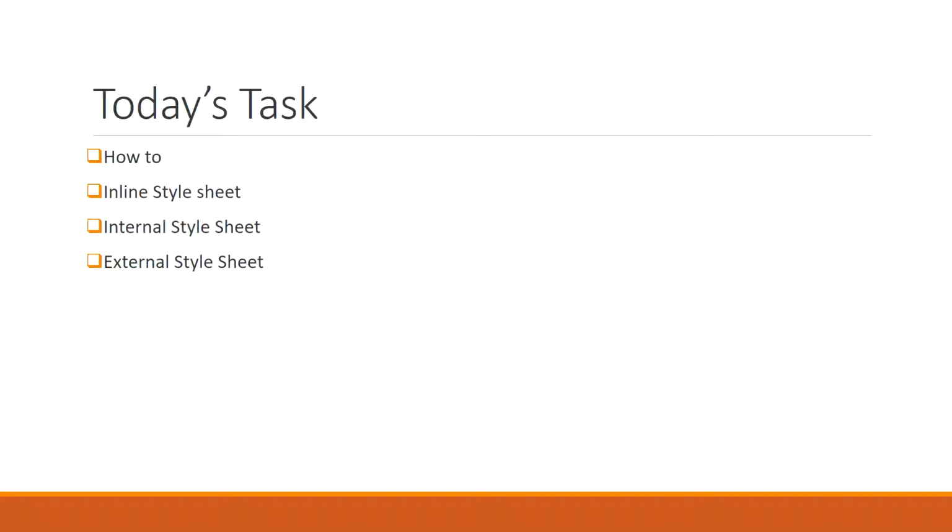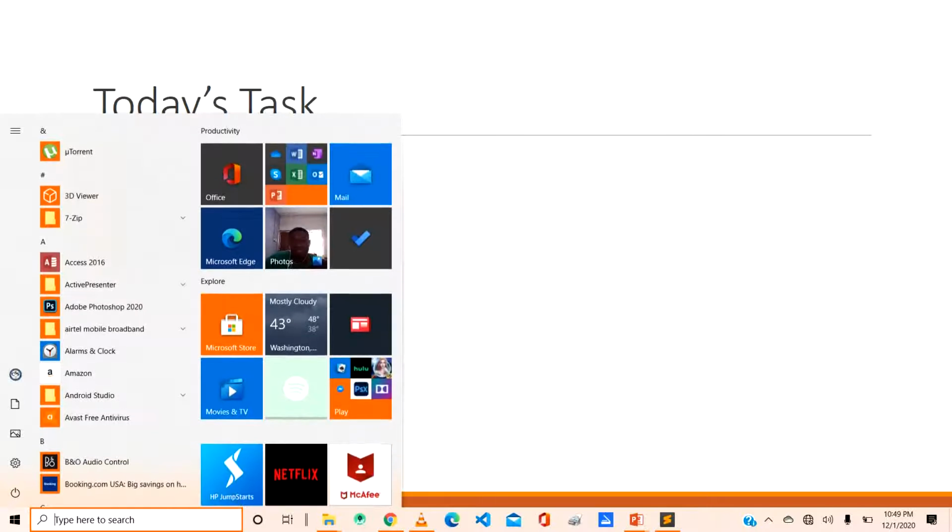So in today's task, we are going to look at how to link our CSS in the various ways. So we have the inline style sheet, the internal and the external. We are going to look at them one after the other. So fast forward, I will just go straight to my Sublime